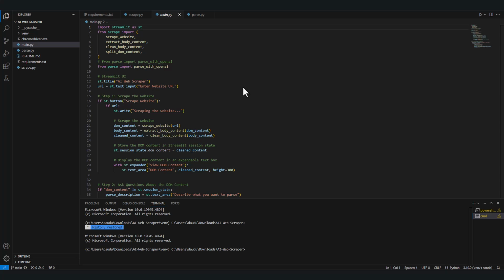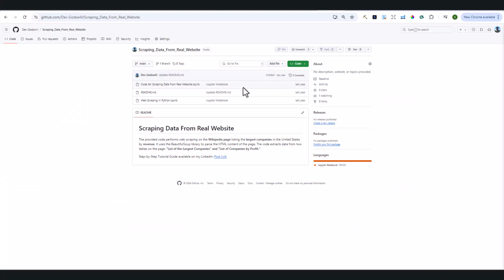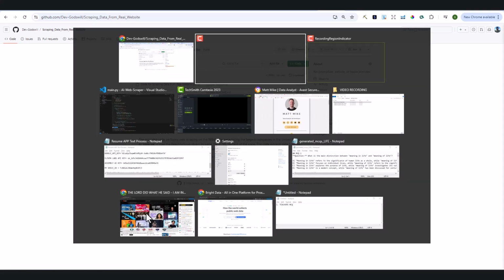Alright, so in this video, I'm going to take you through my AI web scraper that I built. Sometime last year, I also wrote a code that could scrape information from websites. And this was the code back then. It was the code for scraping data from real websites, but it had its own limitations. I also gave a step-by-step tutorial guide, which was available on my LinkedIn, but it had its own limitations, which I